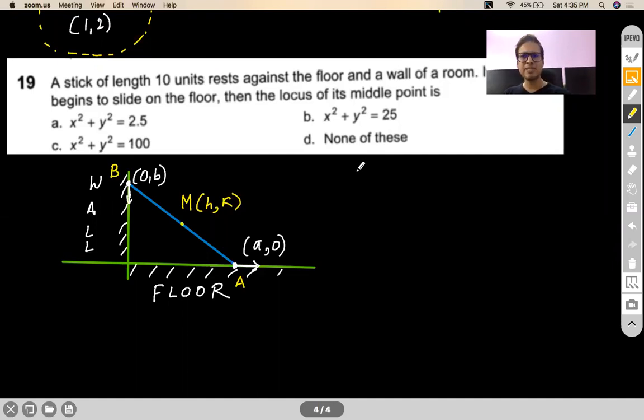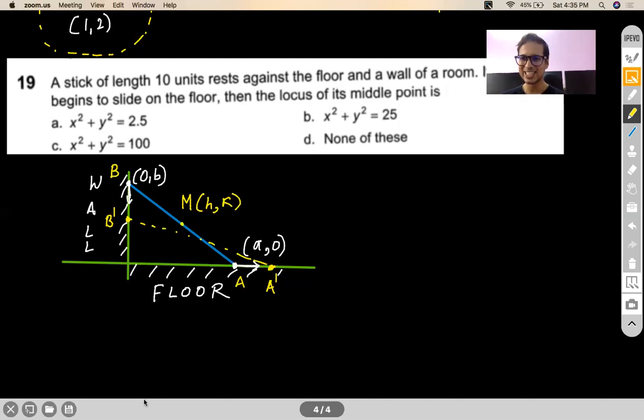Now, why do we call it a parameter? Why not an assumed value? Parameter, because this is something which keeps on changing. Won't A and B change if the ladder is slipping? So if the ladder comes to this position, let's say I take this position now, won't A come here and B, 0 comma B, come here? So this will be the new position of A. Let's say I call it A dash. This will be the new position of B. Let's say I call it B dash, right? So as the ladder or the stick is slipping against these 2 perpendicular surfaces, your small a and small b will keep changing. Okay. So something which is changing, but yet not a variable, is called a parameter in the language of maths.